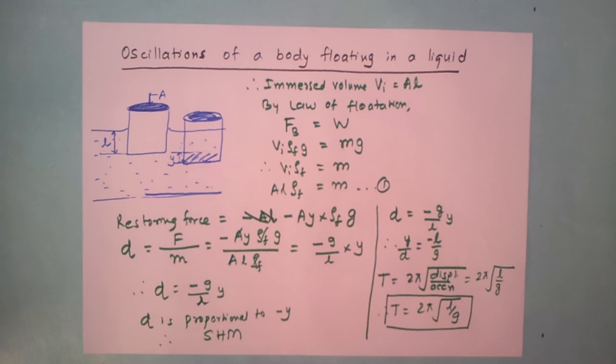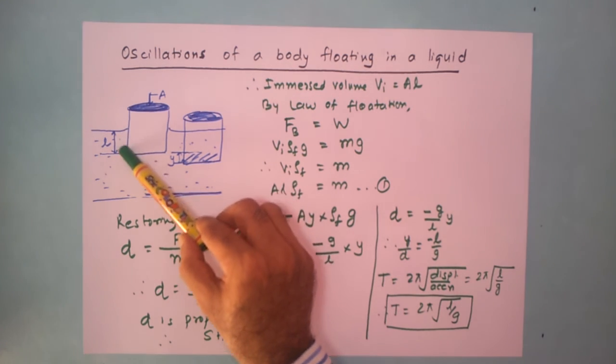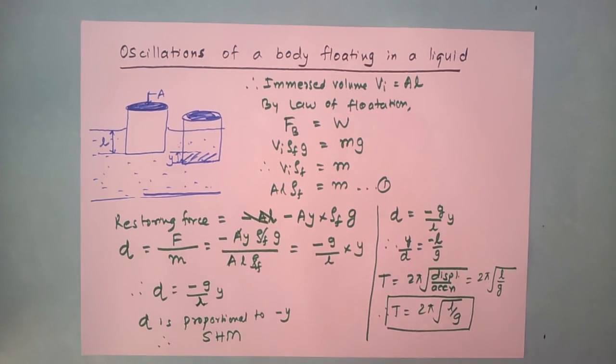Again, this equation looks very similar to the equation for the time period of a simple pendulum. The only difference being L over here is the immersed length at the beginning, whereas in the case of a simple pendulum, it is the effective length of the pendulum. So we can again see a lot of similarity in the examples that we have taken. And now I'm sure you have got a very good idea about how to look at objects which are performing oscillations and how to check whether they are performing simple harmonic motions or not. Thank you.